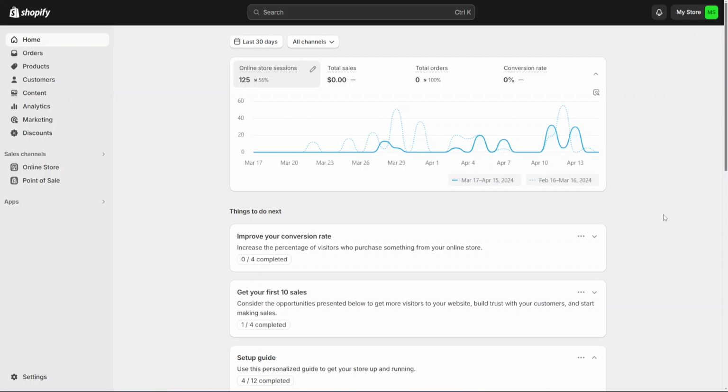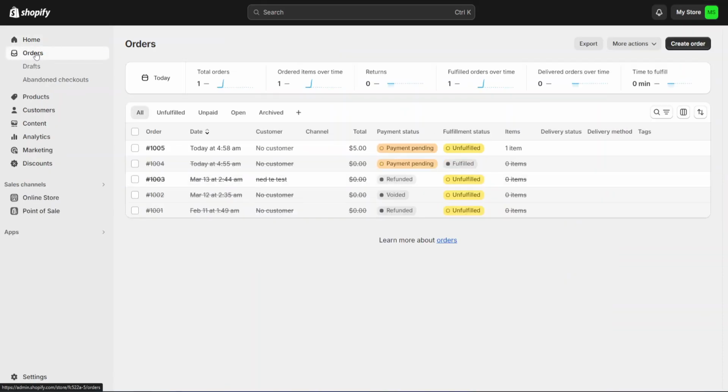How to add tracking number in Shopify. So the first thing we want to do is go to our orders, and the way we do this is we go to the left hand side, and right under home we can see orders. We want to click on that, and I've made this example order here which is unfulfilled, so we're going to